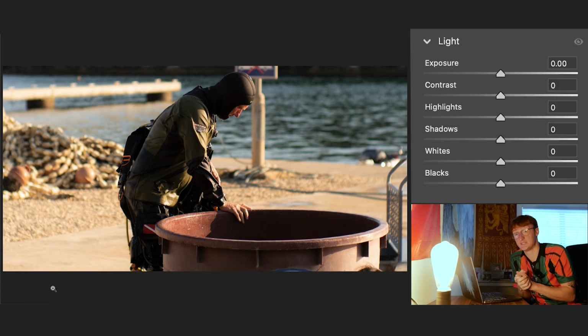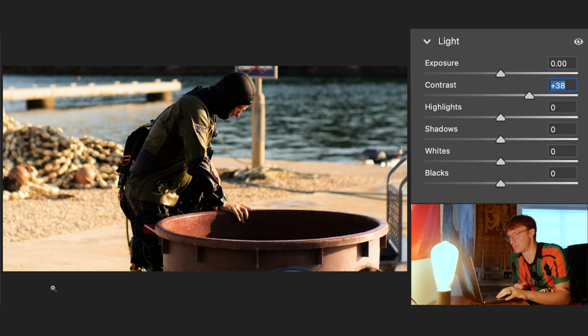So here's another image I've spoken about before. This very tired scuba instructor carrying a lot of things, about to put them in the bin to wash them. So I'm going to go ahead and up the contrast here because we want to separate him from that background, really accentuate his profile. I'm gonna drop the highlights as well, which is gonna help us achieve that even more,